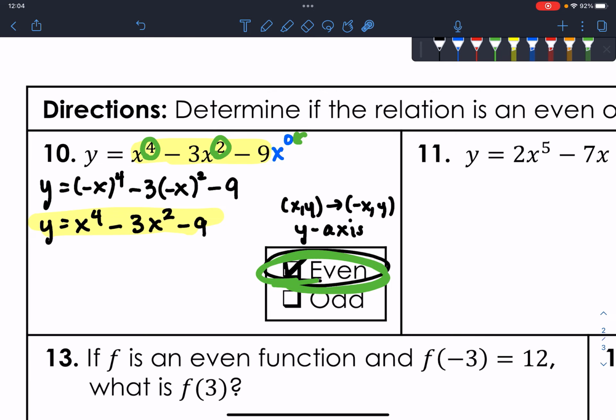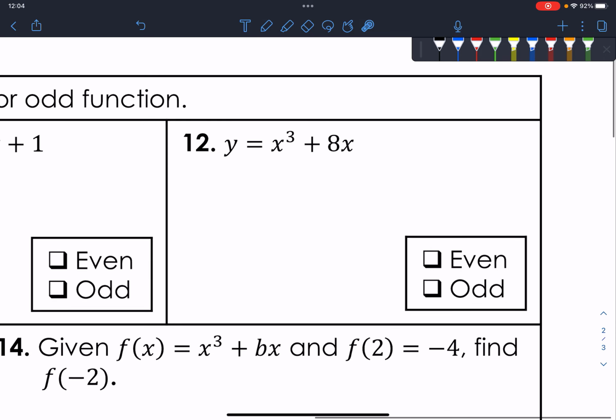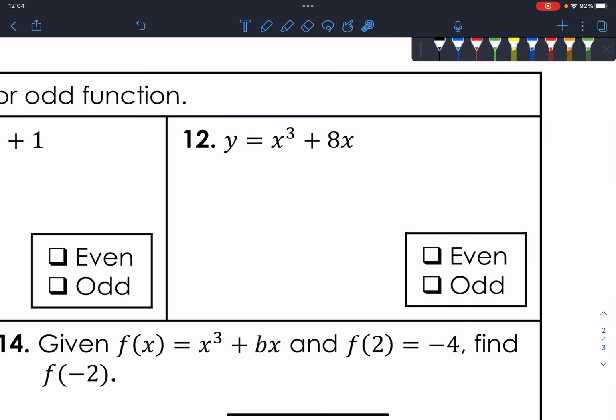So with that shortcut, that's going to make number 12 easy to identify, because here, instead of doing the substitution and checking if this is even or odd, we can simply look at the exponents, and because these exponents are both odd numbers, that means that this is going to be an odd function. Now the key thing in understanding this, however, now that we know that this is odd, always go back and understand what that means. Because we'll call this f, because f is odd, or the equation is odd, or the function is odd,